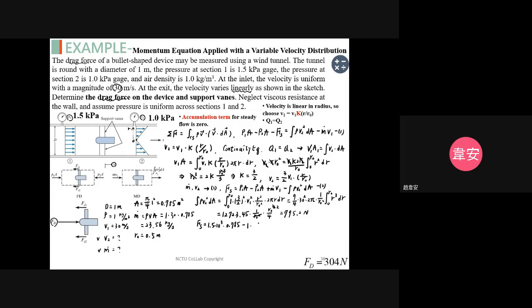P2 is 1 kilopascal, multiplied by the area 0.785, plus the mass rate. The mass rate here is 33.56. The V1 velocity is 30, and finally minus